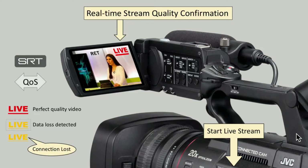The moment you press the live button to start streaming, you will see real-time quality confirmation in the viewfinder. Remember that SRT provides bidirectional quality of streaming, continuous confirmation, and we take advantage of this and display the status right in the viewfinder, which means that regardless of whether this is the cameraman or maybe a talent who rotated the LCD 180 degrees to see themselves, they will always be able to see confirmation of stream